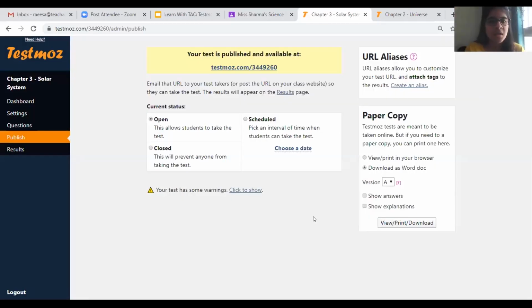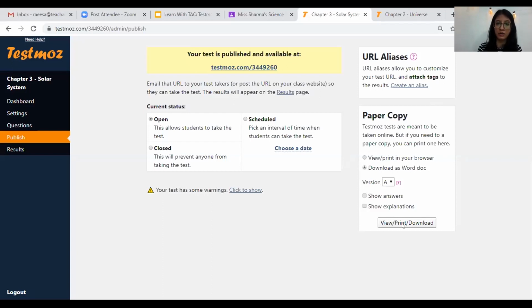Raisa, the next question is if you can show how to generate that paper copy of the questions again. Okay, so there are multiple options that have been given to us in the paper copy. Over here, if I don't want to show the answers, I will simply uncheck this, like how it is right now. If I uncheck this and click download, it will download a Word document on my computer, which looks something like this.